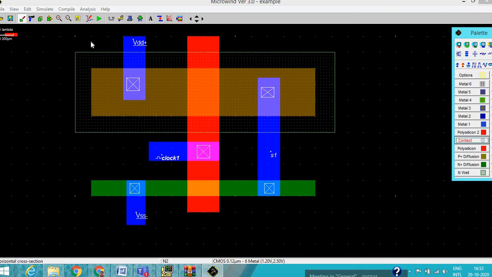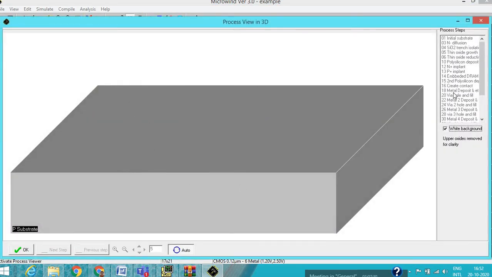Also we can see a 3D view. So click on 3D, and you can see the process. So this box is the P minus substrate box, right.